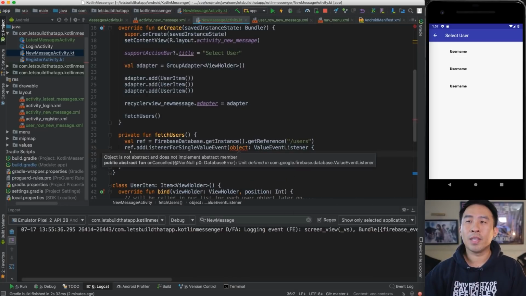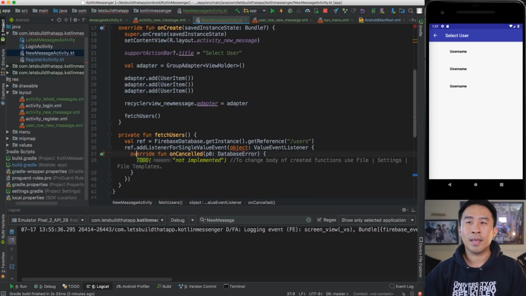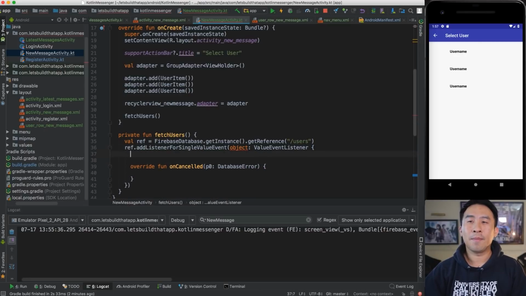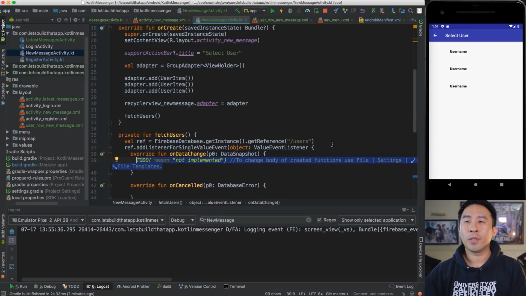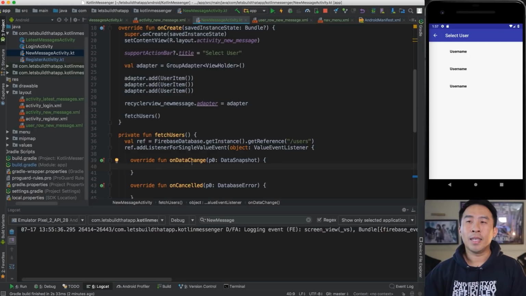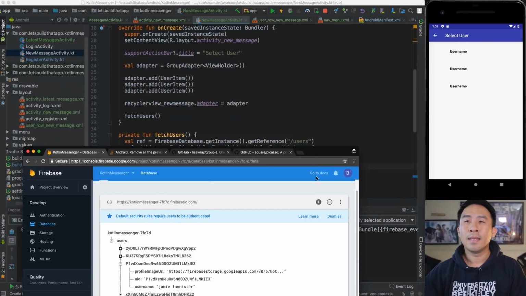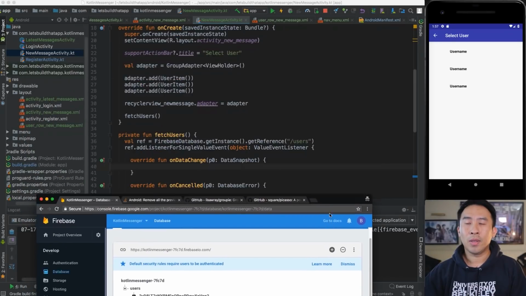And if you highlight over this, it'll tell you to implement a couple of methods, and it'll say onCancelled. You can probably remove that. I don't think I need it. And on here, you need the other one called onDataChange, and that error will go away. All right, so this method over here, this onDataChange, will get called every time you retrieve all of the users inside of the Firebase database. And so the way I can show you how that works